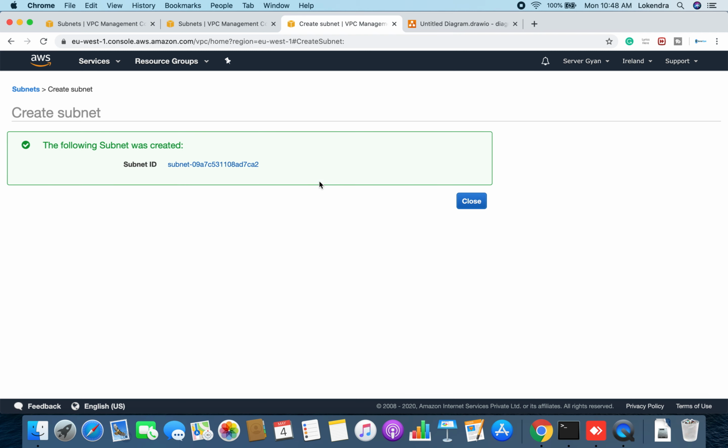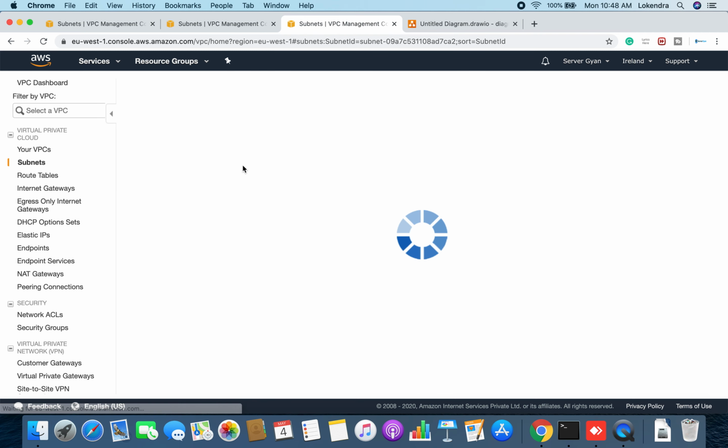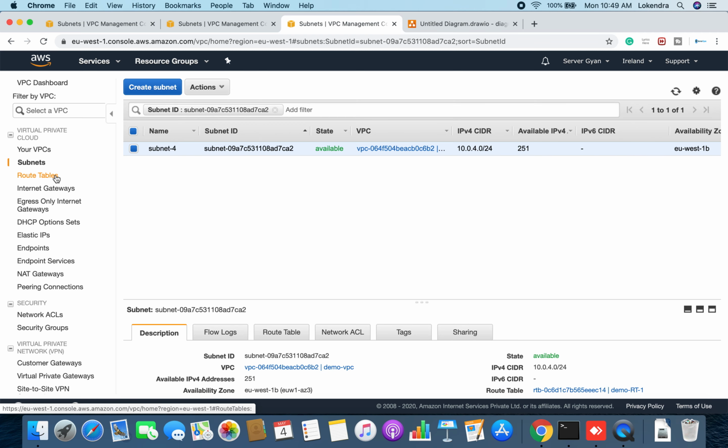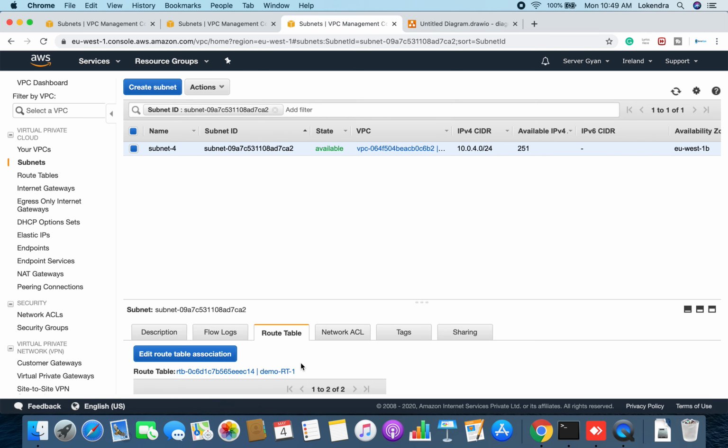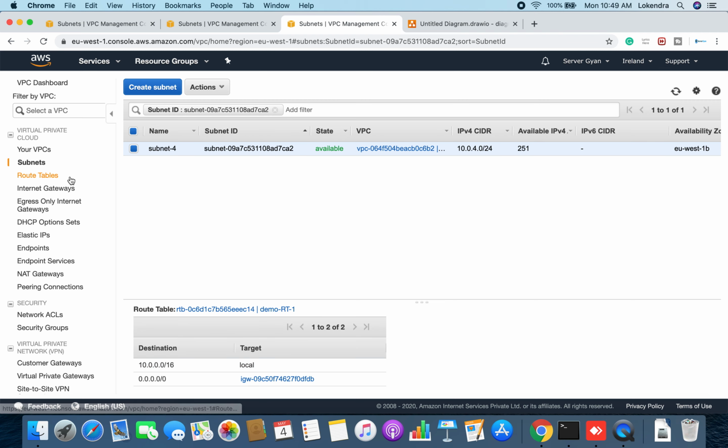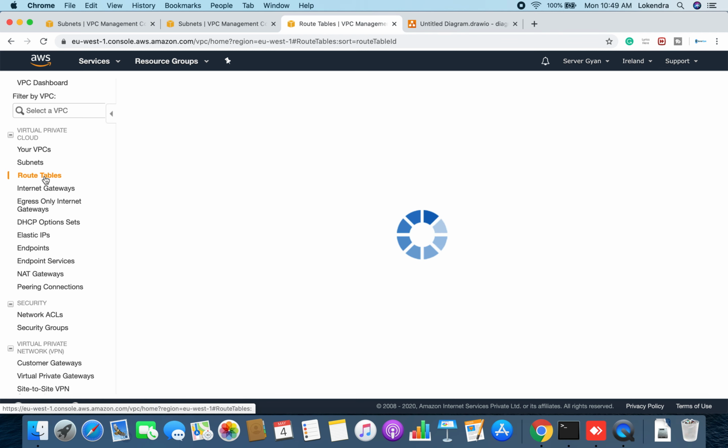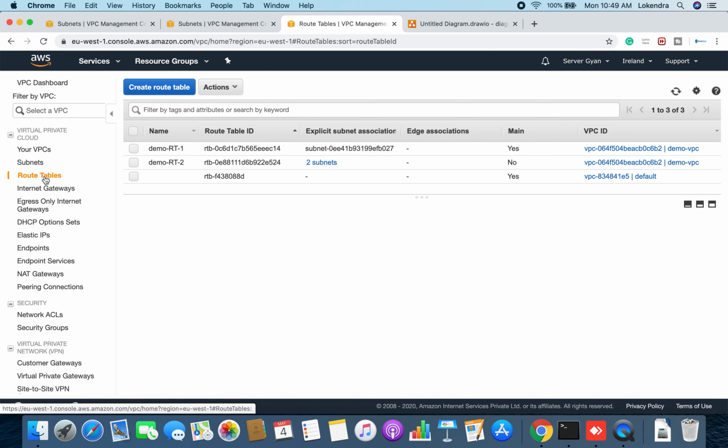So until and unless I explicitly associate this subnet with any specific route table, till that time it is going to use the main route table only. Fine. But if I need to associate it explicitly, I will go to route tables, and I will have to see whether I want to attach it to a public or private subnet.